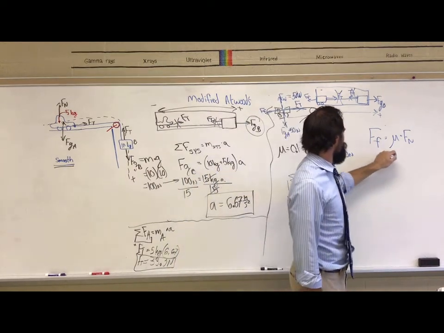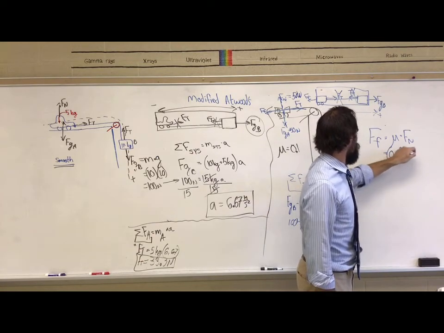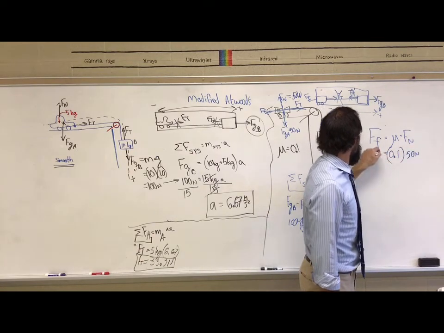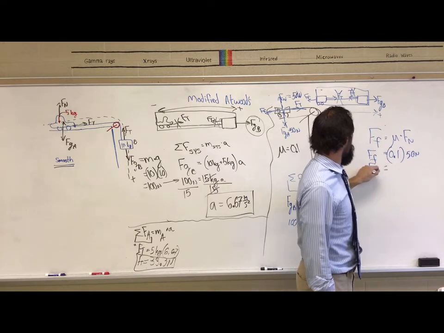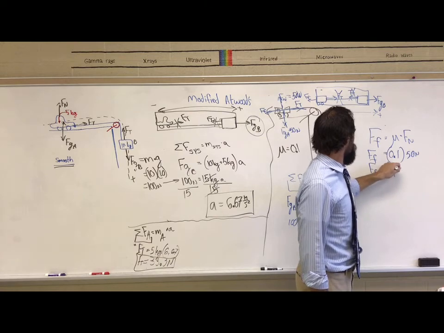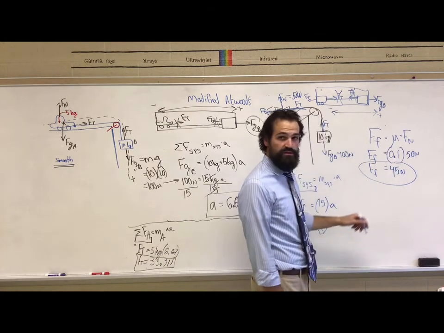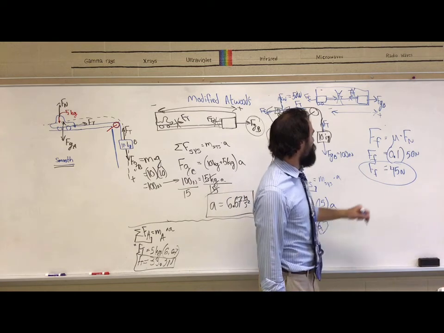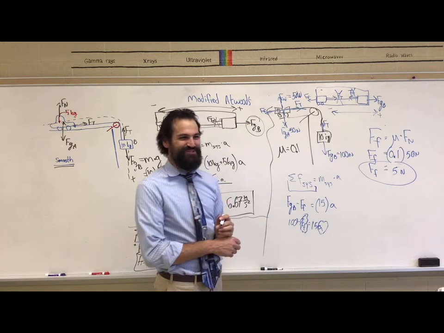So then we plug that into our equation. 0.1 was our coefficient of friction times the normal force, which is 50 newtons, is going to be equal to your force of friction. So the force of friction is going to be 5 newtons. Once you have the force of friction,